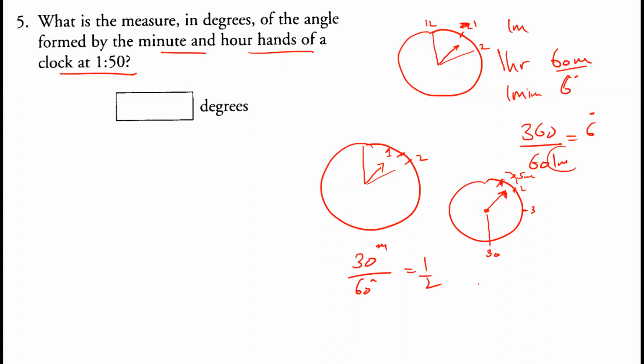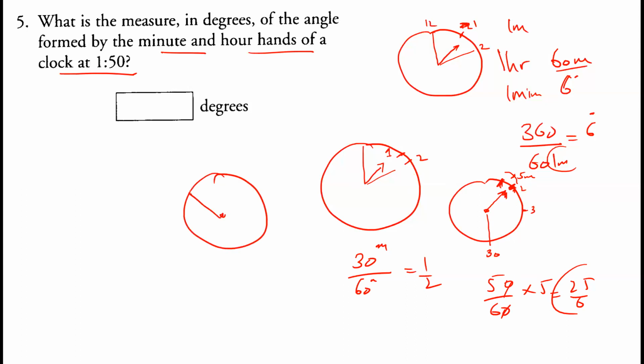Now 50 minutes have crossed. So 50 divided by 60 into 5 would be 25 divided by 6. So the hour hand would be somewhere very close to 2. So how many degrees from 1 to this point? This would be 25 divided by 6. And the minute hand would be pointing towards 50. And your hour hand would be somewhere between 1 and 2, but not at 2, somewhere before 2.